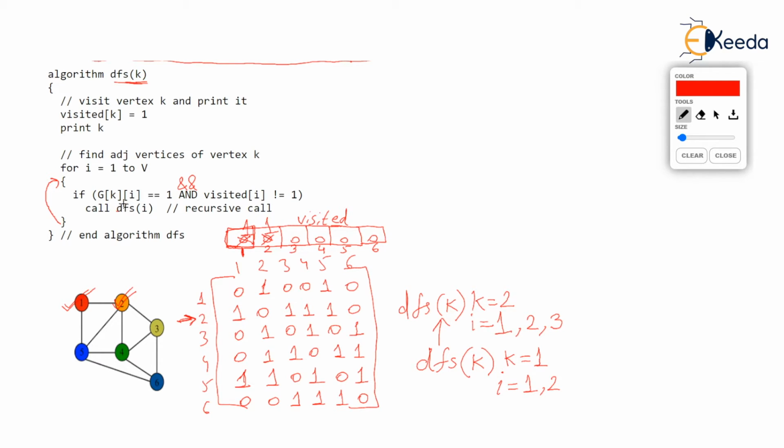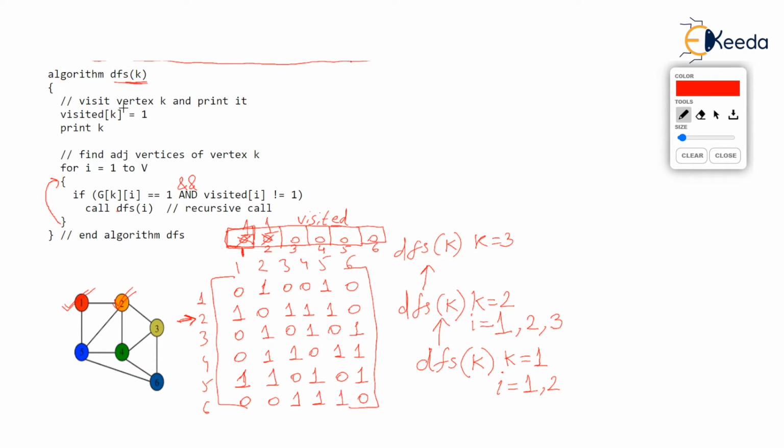So g[k][i] is 1. And also visited[i], that is visited[3], the third element of visited is not 1. You observe the third element is not 1. So what we have discovered is that while processing vertex 2, we saw 2 and 3 are adjacent and 3 is not visited. Hence the if becomes true and we now call DFS with the parameter I, where I is 3. So DFS(k) now calls DFS again with k equal to 3. I hope you are understanding, because the parameter passed here was DFS(i). So I was 3 and it got copied into k.